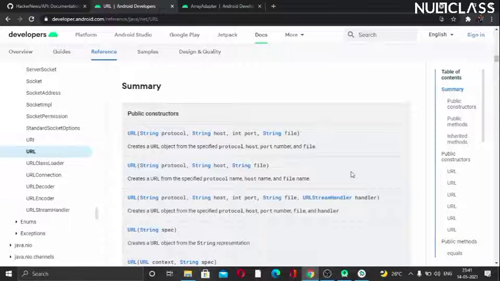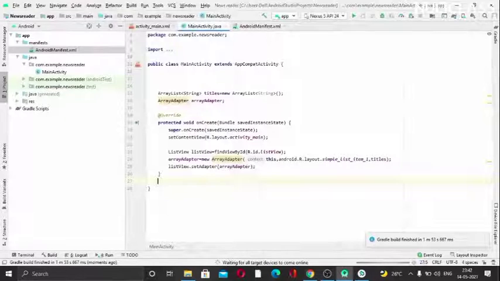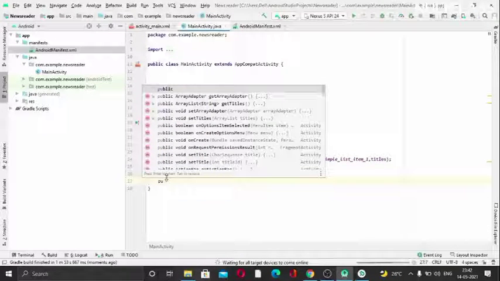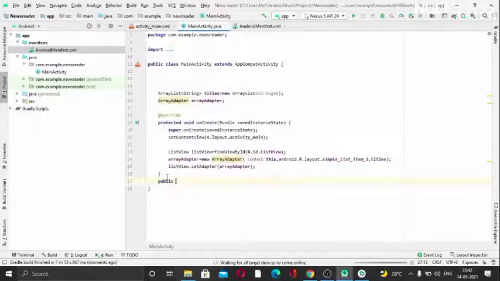In order to implement that array list, we need to create a new class. I will do that here. I will create a new class that will download the task. I will give that the name DownloadTask, so that it will download all the information of news from the internet via API. So I will create a public class,